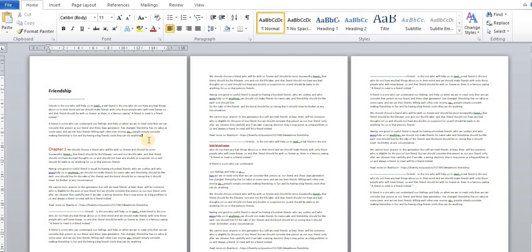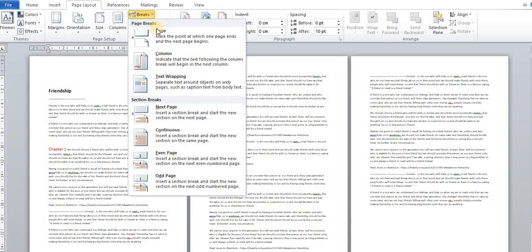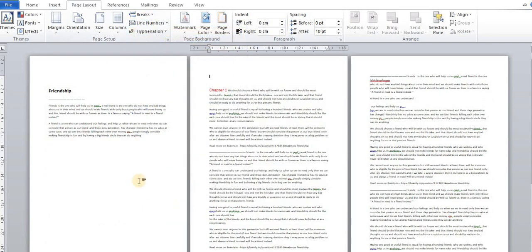First of all, place your cursor at the required position, and go to the page layout tab. In this you have the break option. In the break option, first you have the page. Now click on it. Now you can see your content is shifted to the next page. Okay students, got it?